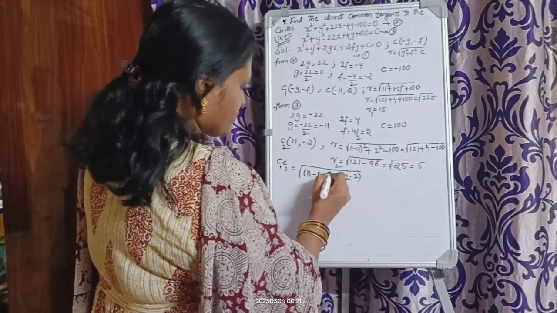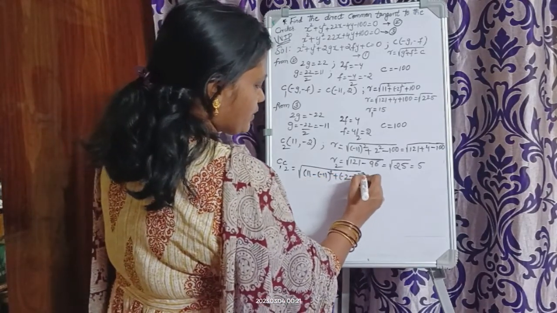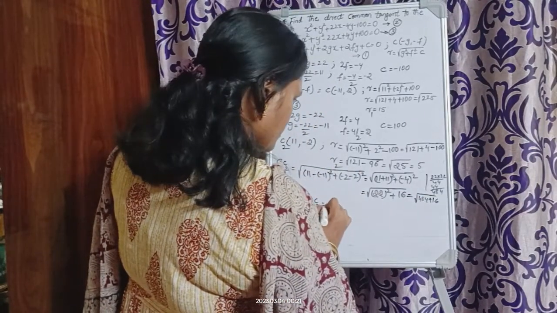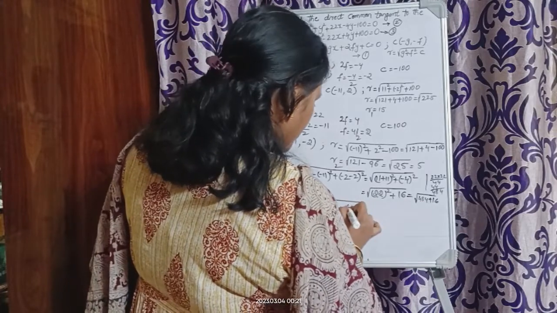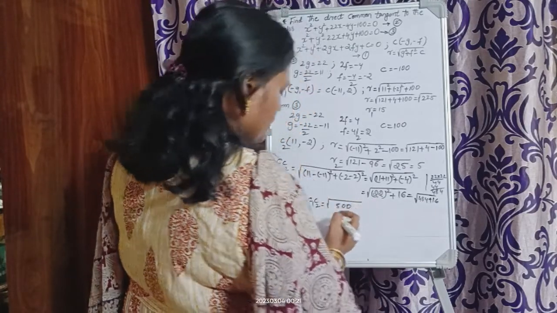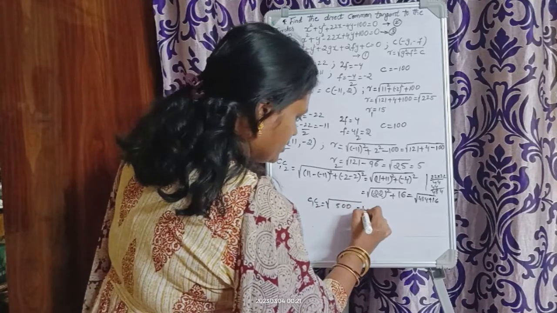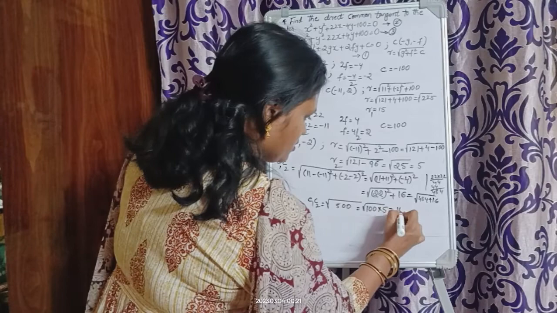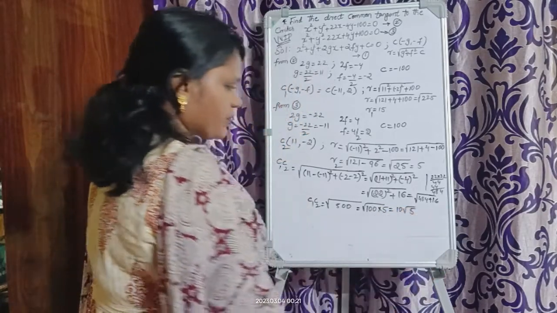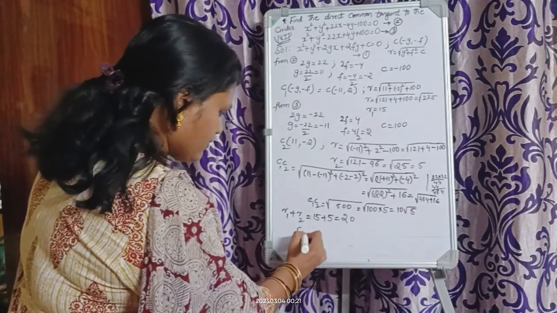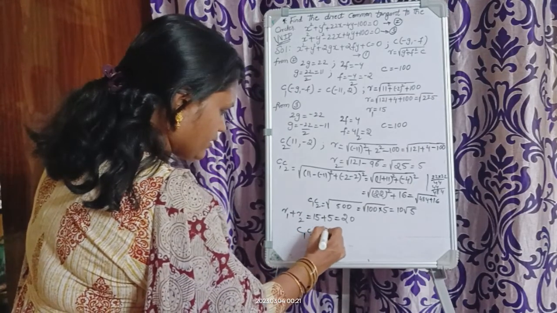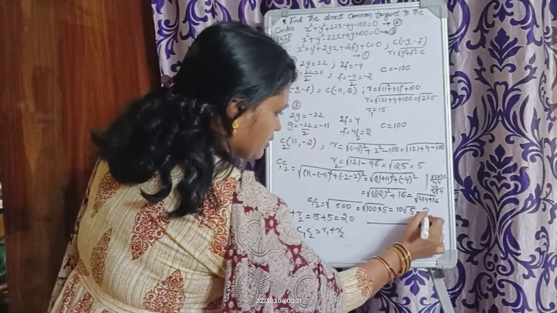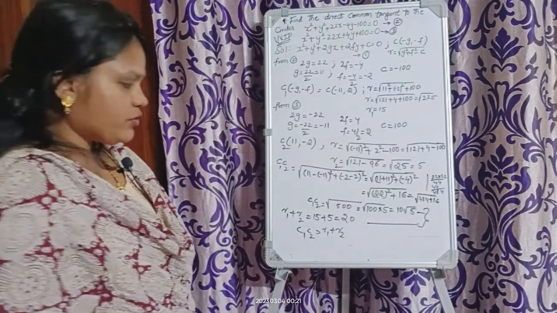x2 minus x1 all square plus y2 minus y1 all square, right? So C1C2 is equal to square root of 1000 plus 500. To get the perfect square, I'll write it as 100 into 5, which is equal to 10 square root of 5. You can observe C1C2 is greater than r1 plus r2, right? By comparing these, which implies